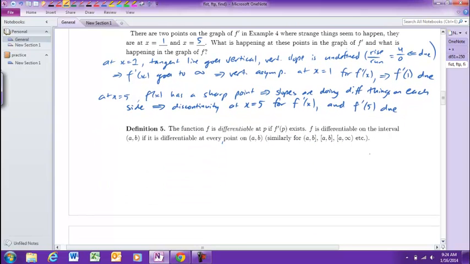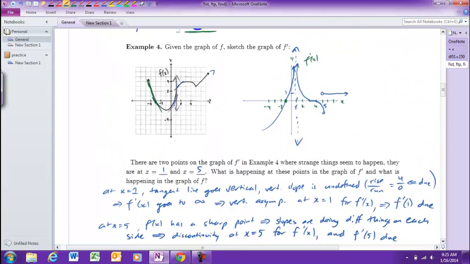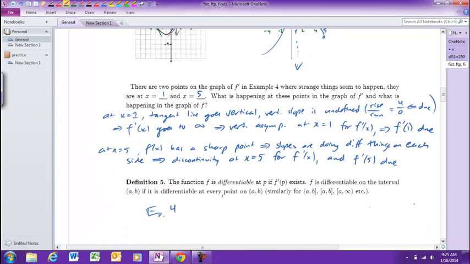And we have a term for this mathematically. We say a function is differentiable if the derivative exists, and that's differentiable at a point. We're differentiable on an interval if you're differentiable at every point there. So for example, let's just talk about this one right here. Example 4, we would say that f of x is not differentiable at x equals 1 or x equals